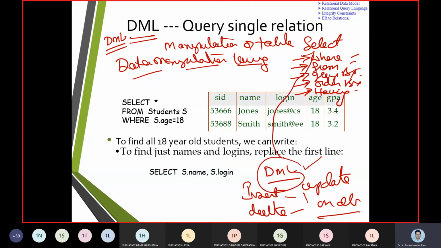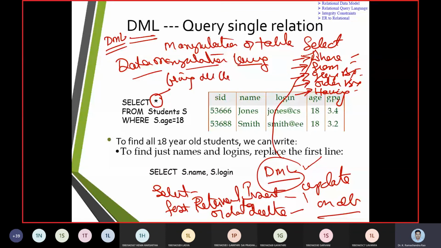DML works using the select command. We use the select command for fast retrieval of data. What does fast retrieval of data mean? Suppose I give star, it is going to bring all the fields in the database.